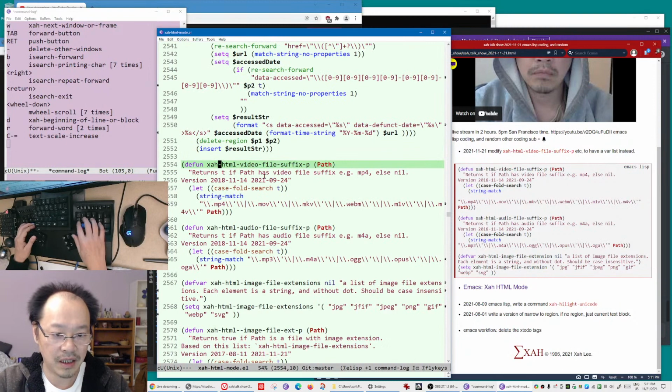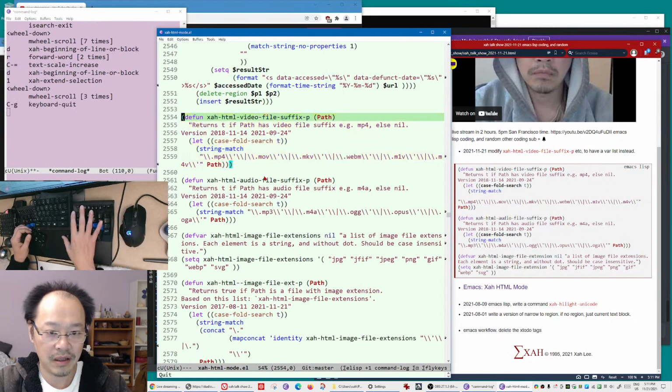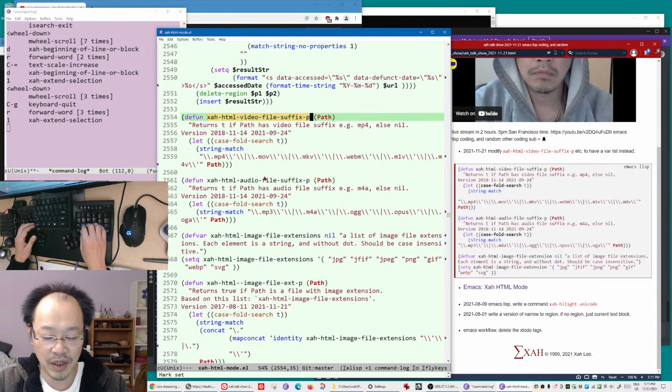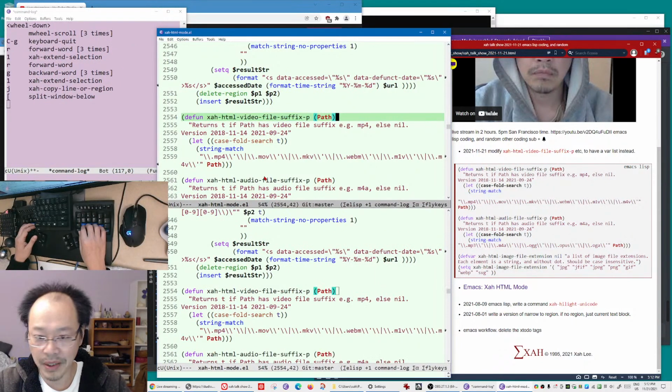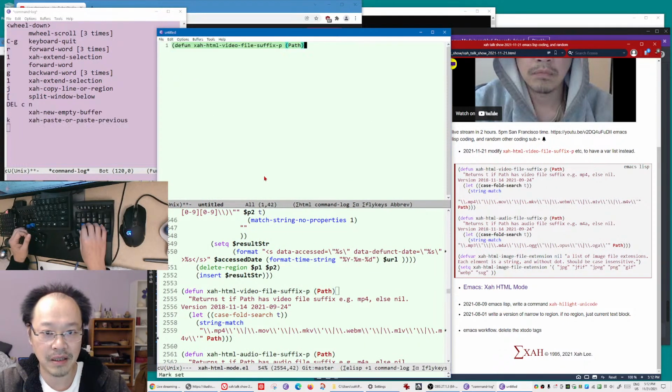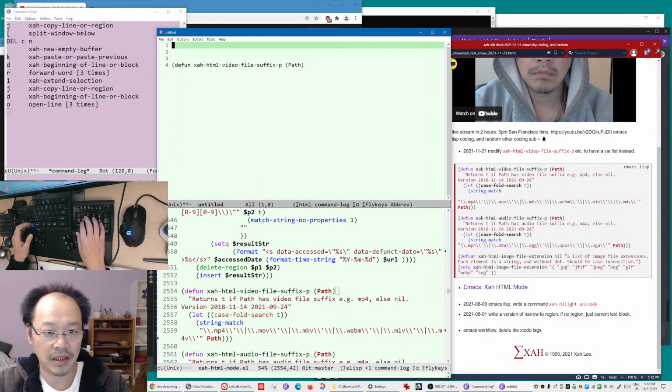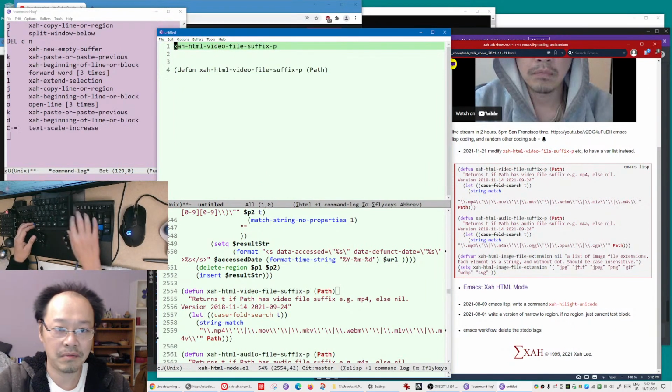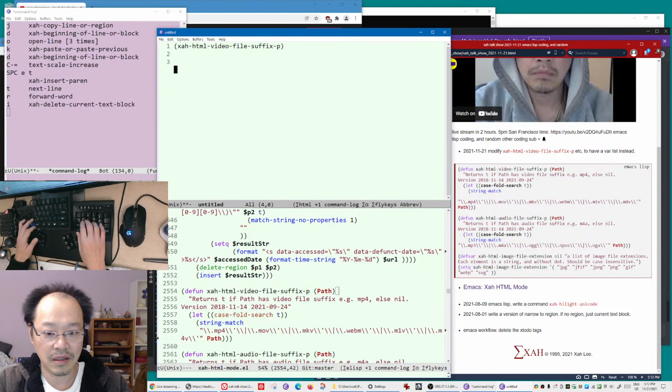You can see there is a function. Now what does this function do? It returns true if the file path is a video file, and false otherwise. Let's do some demo. Copy the function name, open a new buffer, paste the function name. Actually, I'll copy the whole line instead. Do it again, magnify, make a parenthesis, delete that,